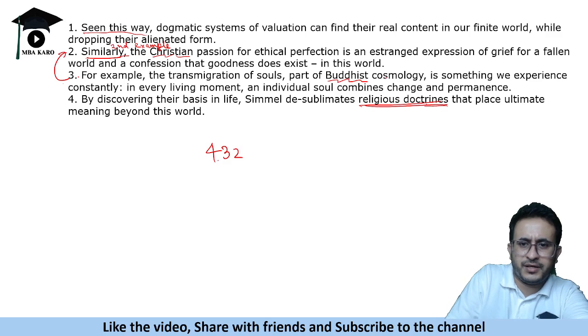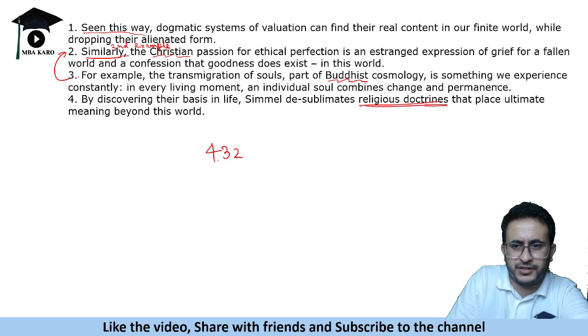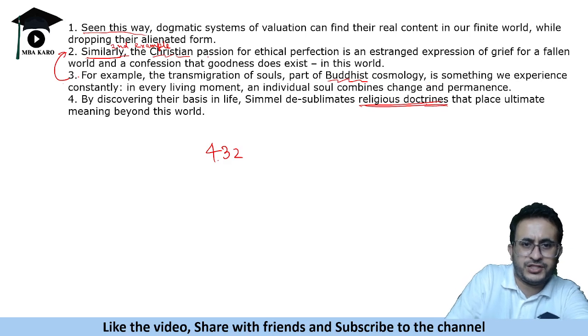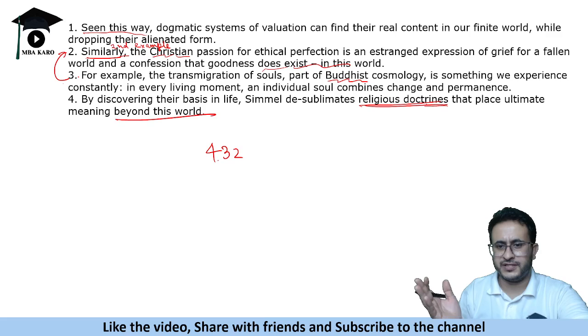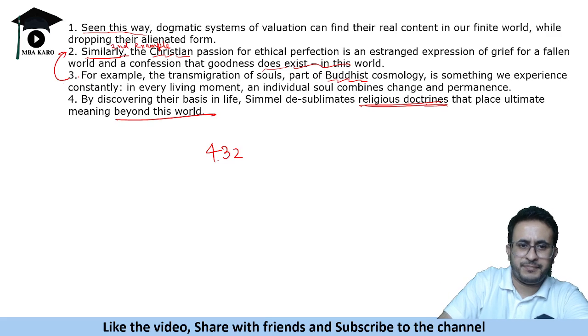So what are the meanings? Like Buddhist cosmology, beyond the world. Okay, right? It talks about this cosmology. Then again, Christian passion for ethical perfection. So that is again beyond, does not exist in this world. This is saying that ultimate meaning is beyond this world. Religious doctrines, religious philosophies beyond this world. Then this is an example, example 1,